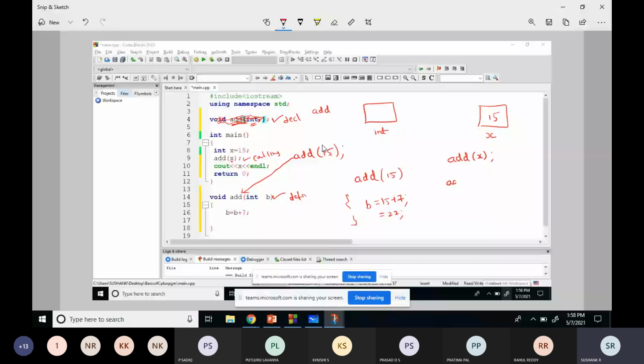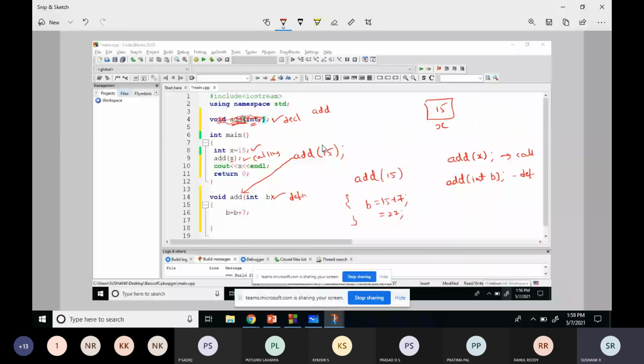Is this part clear? Two lines: one from the definition side, and this is from the calling side. For this variable called x, the value 15 has already been assigned in the memory location. Is this part clear? Yes or no? Till now you're understanding?